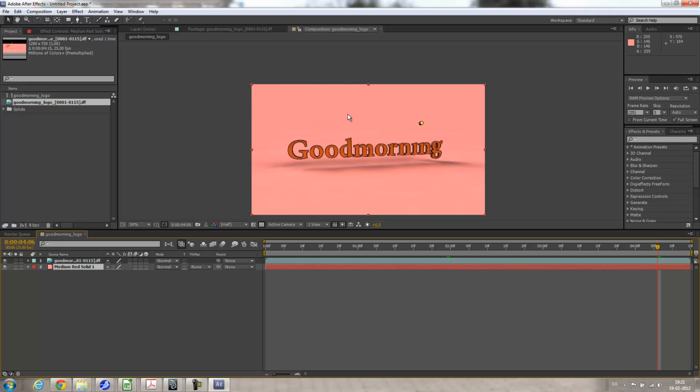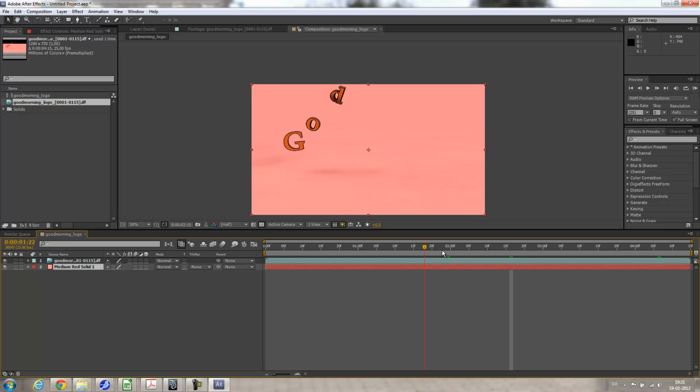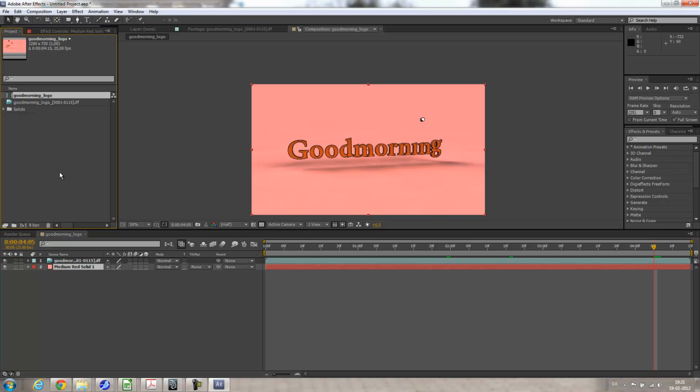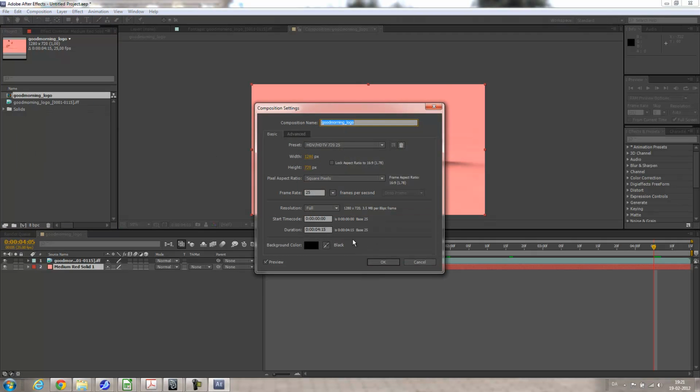I could darken the background a little bit, or add a gradient or something, but never mind about that. I actually would like this to just hold for a few seconds at the end. So I want to change the length of everything here. So I go to my Good Morning logo composition, that's a little film strip, right click, go to composition settings, and right now the duration is 4 seconds and 15 frames, so I'll just change this to 6